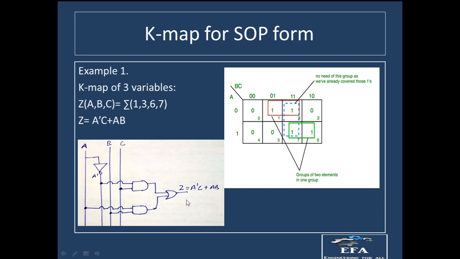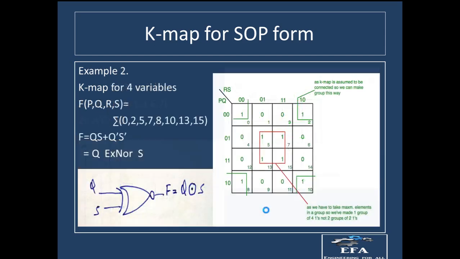So in this way we can very easily make the circuits out of the expressions which we get from the K maps, right? So this is the first example. Hope you have understood. Let us move on to the second example, right? So in this example we will talk about the K map, which is a 4 variable K map. So now 4 variable will not be mentioned in your question, right? So you need to first of all identify it. So how can we identify it?